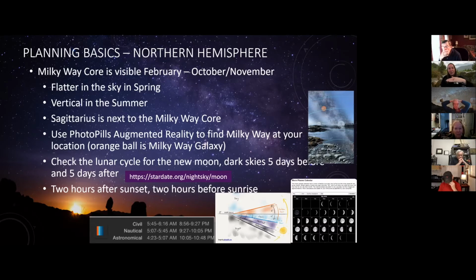Earlier in the year, the Milky Way is like an arch, and you see a lot of photos where the Milky Way is arched over something. Those are springtime photos, because as the year goes on, the Milky Way comes up and kind of straightens up like this. Eventually it's diagonal, and you'll see pictures where they have a rock in front of them or whatever, and the Milky Way will be up and down. That is later in the year. So in summer, it's vertical. Sagittarius is next to the Milky Way core. So if you're trying to find it,